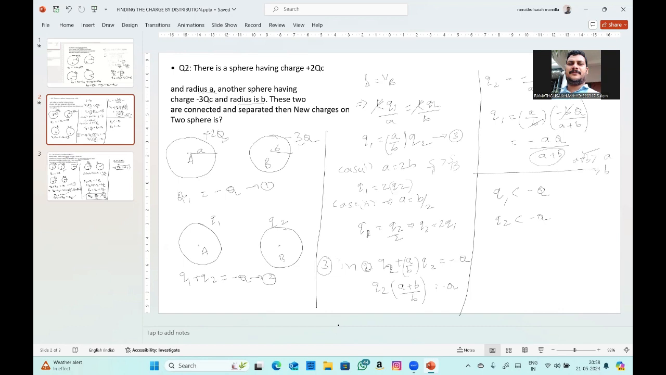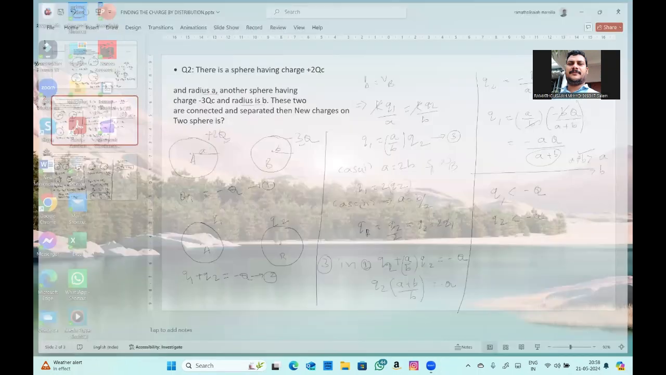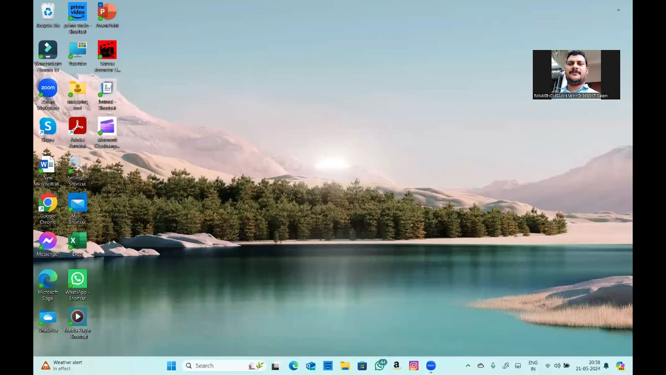Now this is the third equation: Q1 equal to A by B into Q2. Putting the third into the second, you will get Q2 is equal to minus Q by,